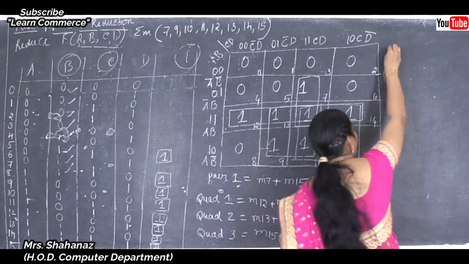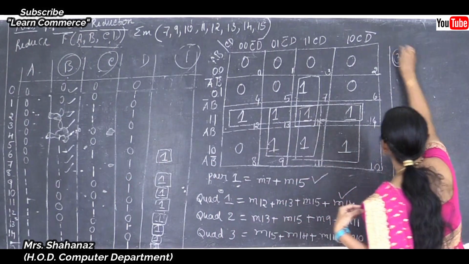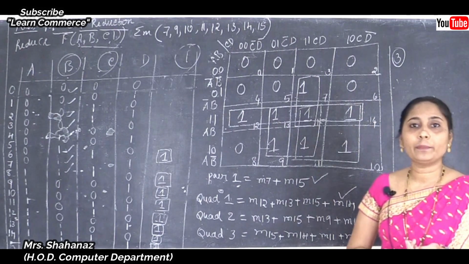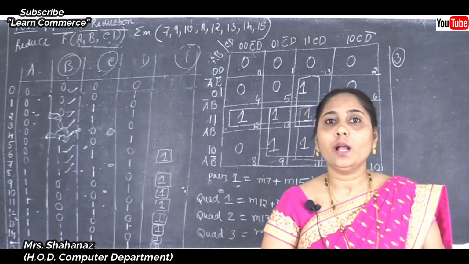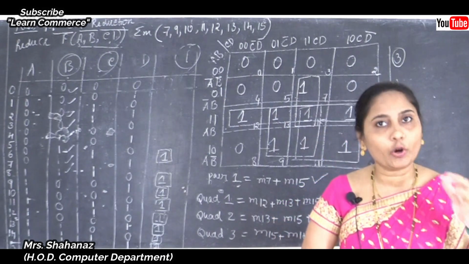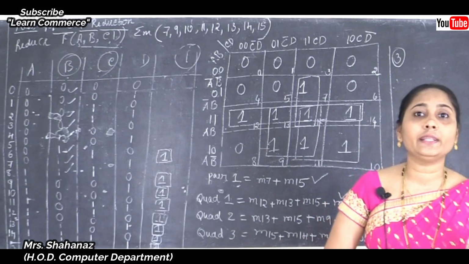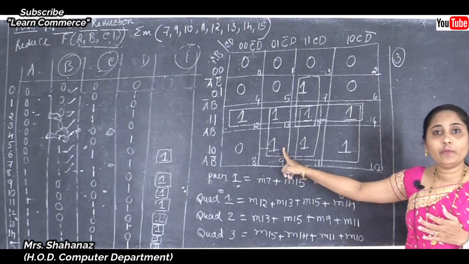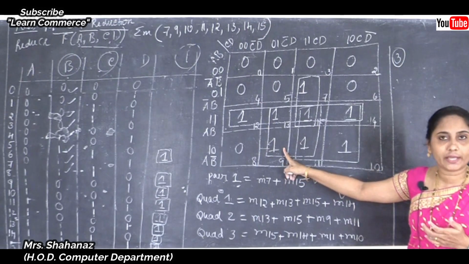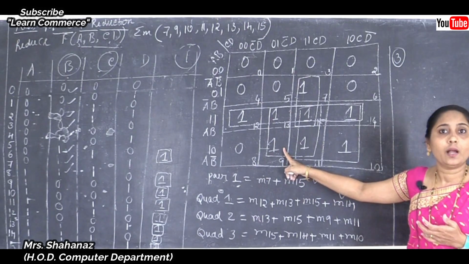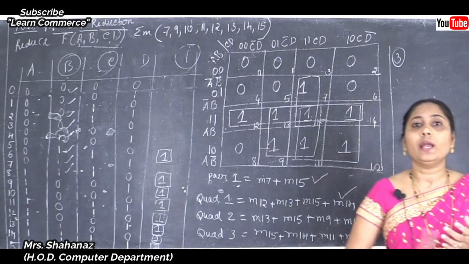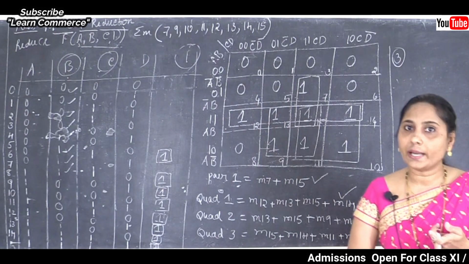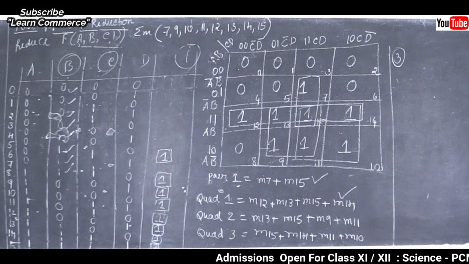Okay. Now we are going to take the third step. The third step we already completed. Correct? The third one is map the given function and search for it, that means first of all we need to take the output as 1 and later entering the zeros in all left out empty squares, and also we searched whether it is equal to the octet, quad and also the pairs here, and already we know about this one. The map rolling is not there in this example, but the overlapping example is there. Correct?